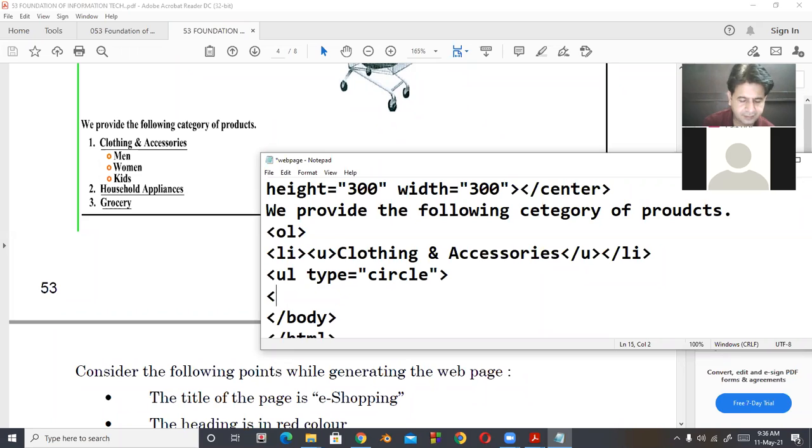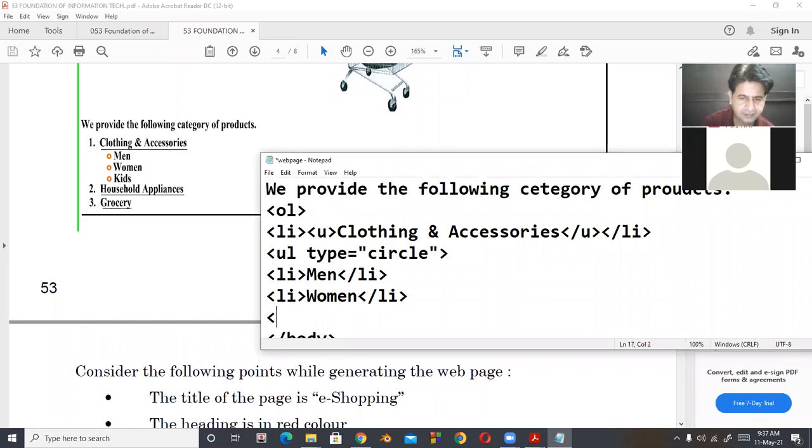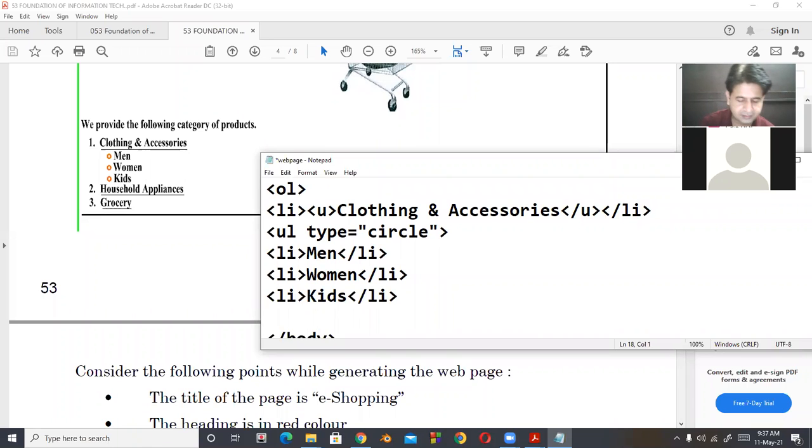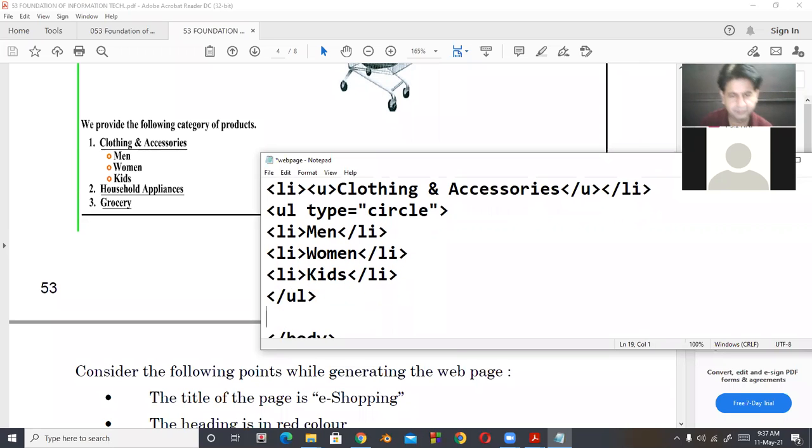And here is LI men, LI closed, LI women, LI closed, then LI kids, LI closed. After that, nested list closed. So UL closed, but the main list still continues.